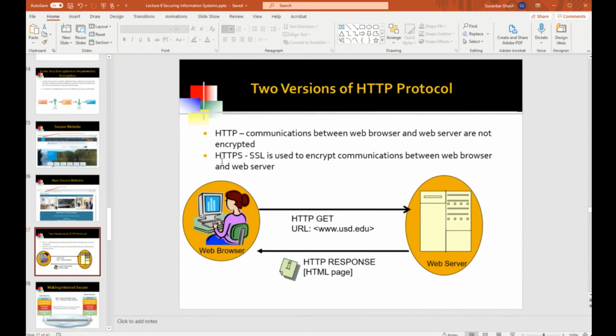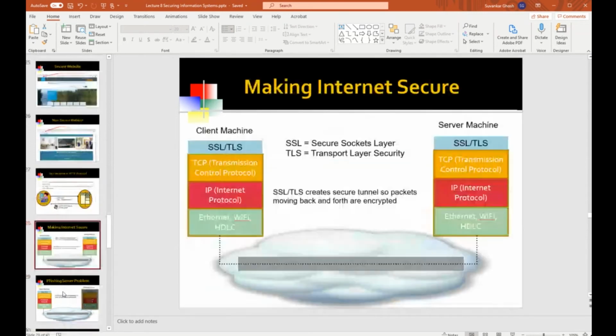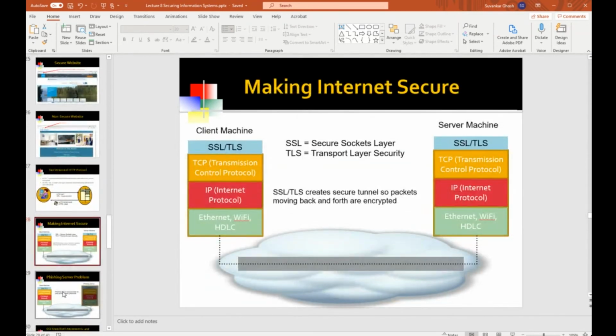Now, the HTTPS protocol uses a protocol beneath it called the SSL protocol, or the Secure Sockets Layer. So when you're interacting with a secure website, what has happened is your browser, your client machine, your PC or your laptop, has established a session, a connection with the remote end of the transport layer.